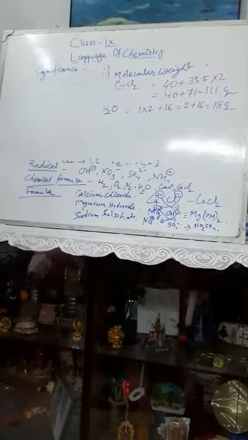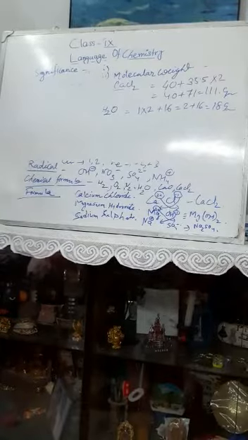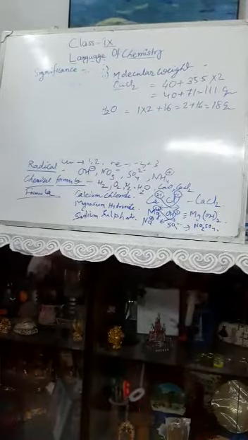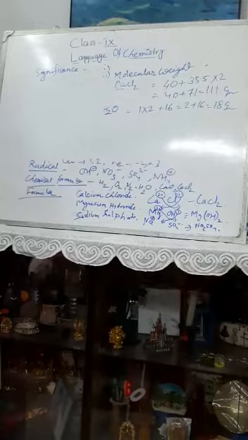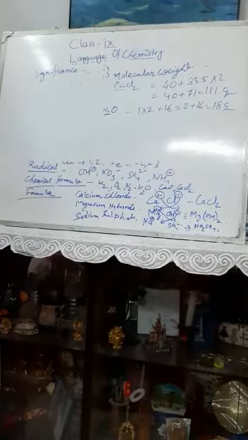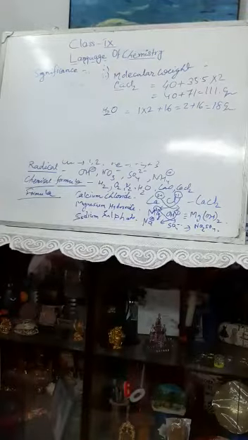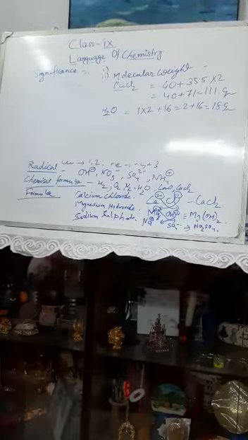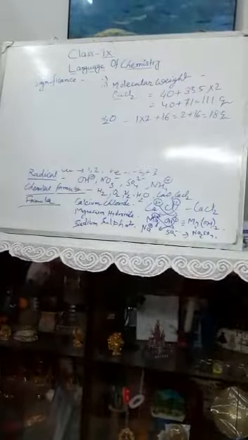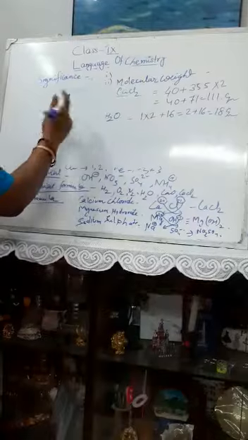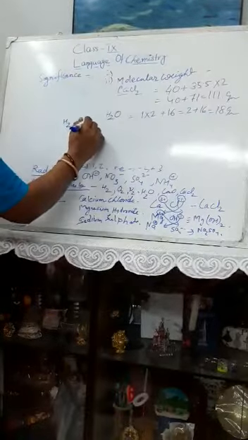Now students, what is a chemical reaction and what are chemical equations? Chemical reactions means, you know the physical changes, chemical changes. Physical changes means no new substance is produced. But in a chemical reaction or chemical change, you can see two or more different substances are produced, and their properties are altogether different from the reactant. What is a reactant? Reactant means the substance which takes part in the chemical reaction.